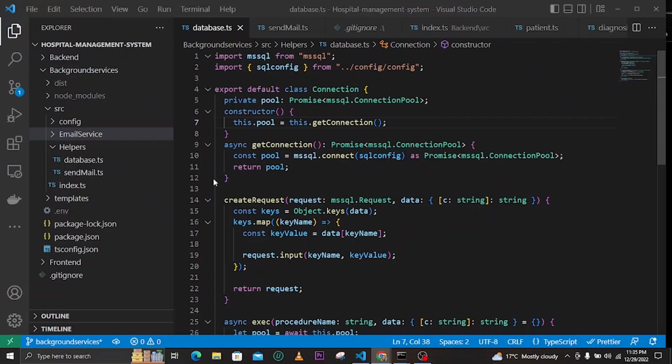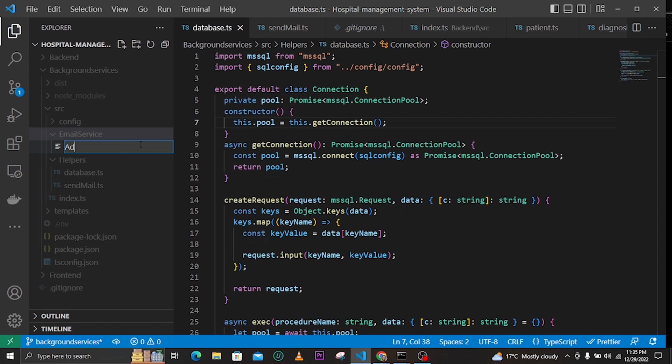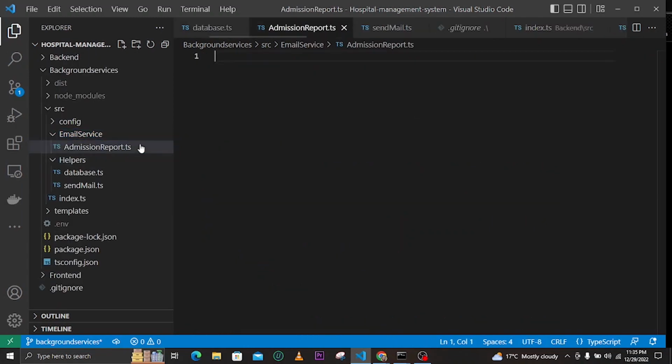So to start with, let us start with the admission report. Inside this email service folder, this is where we create the admission report file. So we name it admissionReport, just like that, .js or .ts. Inside this file, we now start working on our logic on how to send the